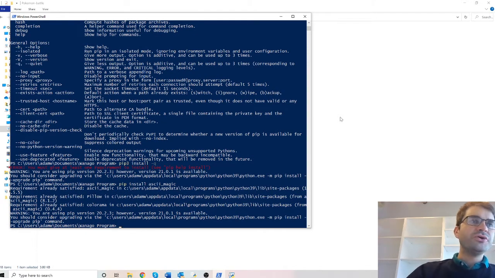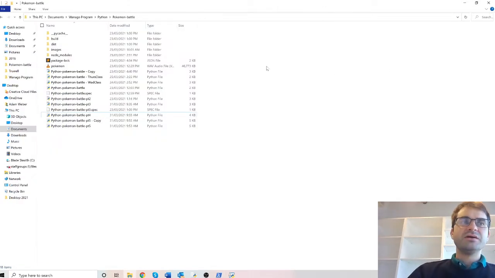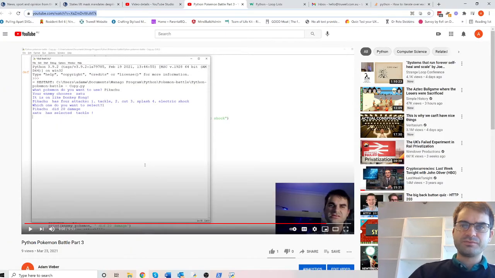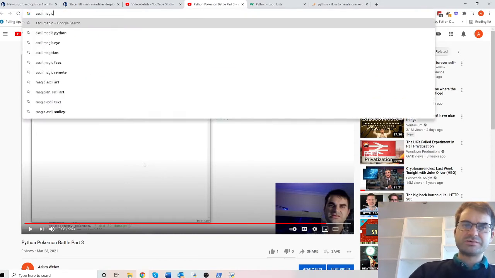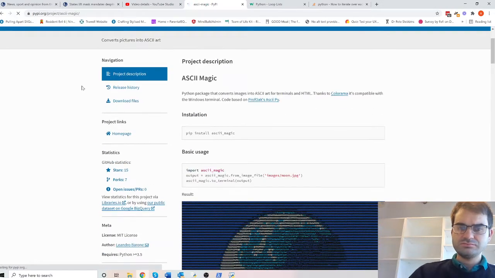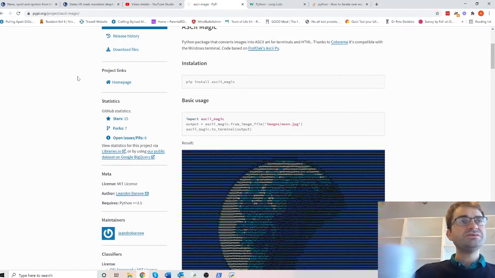So we could create a script ourselves to turn that JPEG into ASCII. Let's just keep it simple. So we're going to use a library that I found called ASCII Magic. Let's just check out that library right now. ASCII Magic. This is it here, and we need to ensure